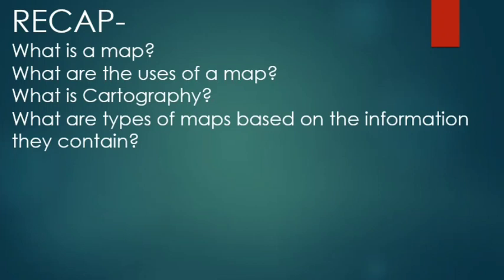The third type of maps that we discussed today are thematic maps. Some maps focus on specific information. Such maps are called thematic maps. The name itself says it is following a theme, a particular theme. Examples are a road map, which we discussed today, a distribution of rainfall in a country, or a distribution of wildlife. These types of maps are called thematic maps. Okay children, this is today's topic, types of maps.